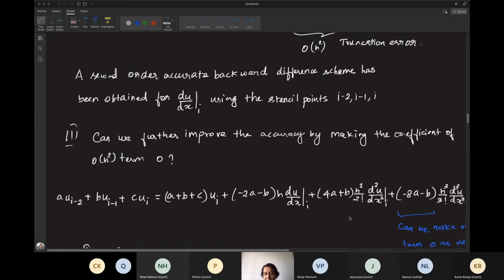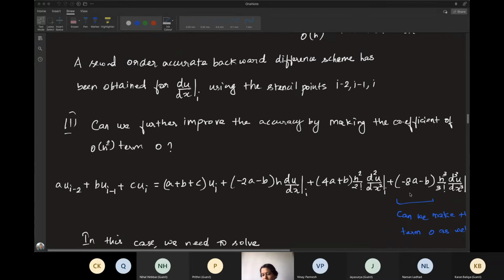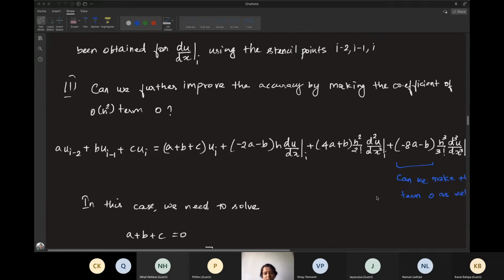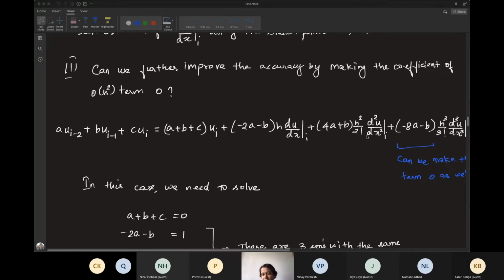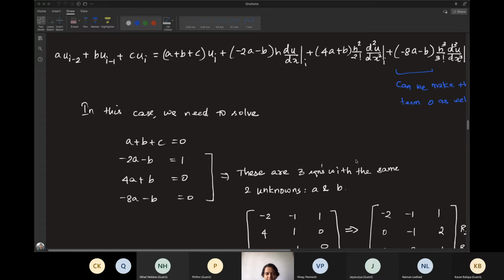We could do it if this equation, minus 8a minus b equals 0, were overlapping with 4a plus b equals 0. Suppose the equations that we get from here and from here overlap, that is, if they represent the same geometry, the same line or something like that, then we may have a solution. Otherwise we may not have. Mostly we may not have. In this case obviously we will not have, because these two equations are not even parallel. So we are not going to have solutions. So we'll go through that clearly.